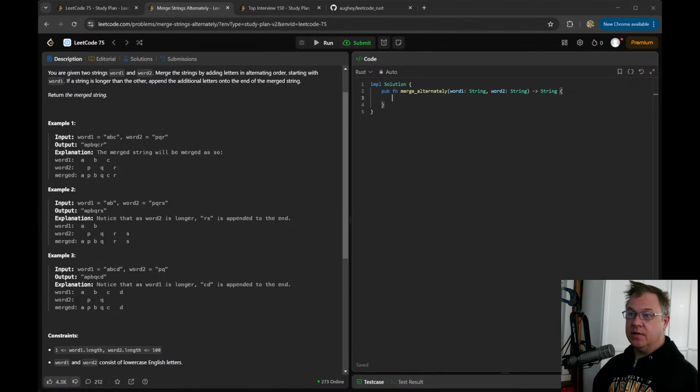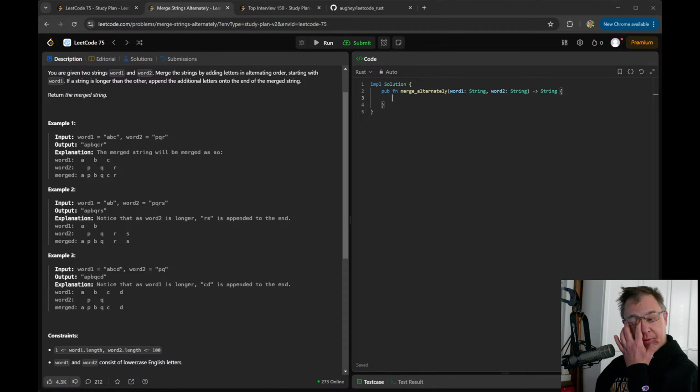I think that is our interleaved version of this. So I believe now we can return interleave.collect. Can we collect straight into a string?